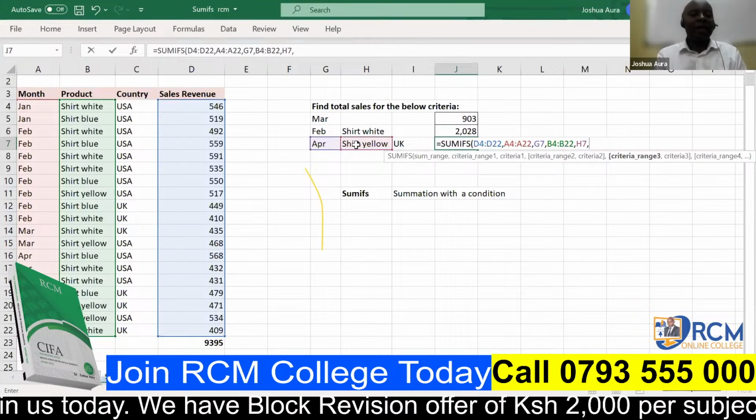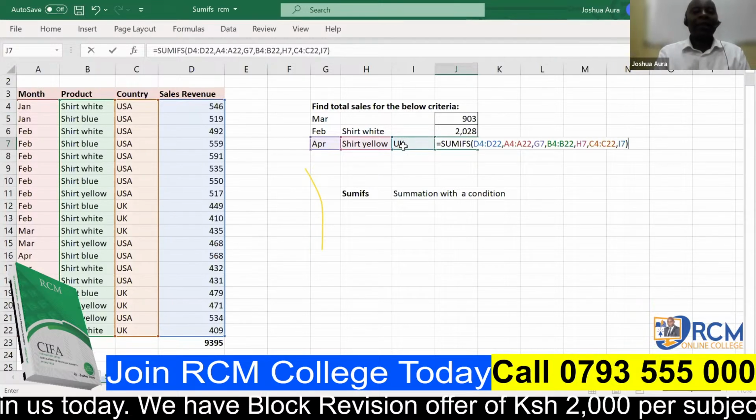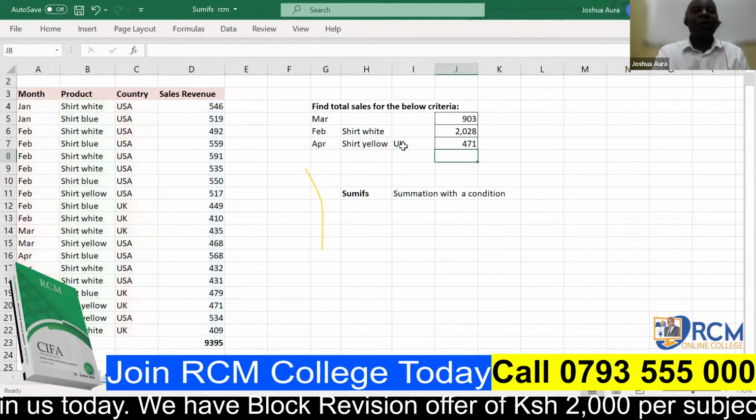UK is a country. That is the criteria. So I have to go to the countries' column and highlight it, like that, all the way to the end. And then I say comma, and then straight away click on UK. Then I close brackets like that. After I do that, I click, and I'm able to get this 400 and